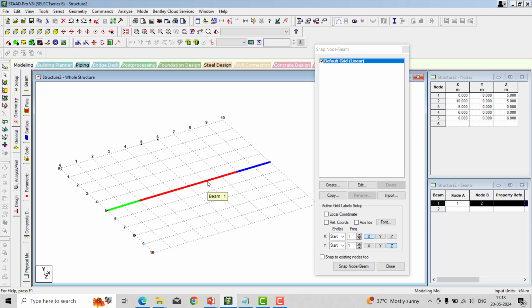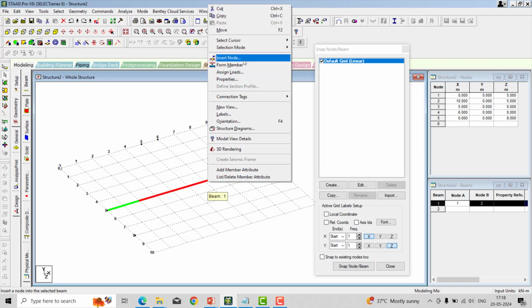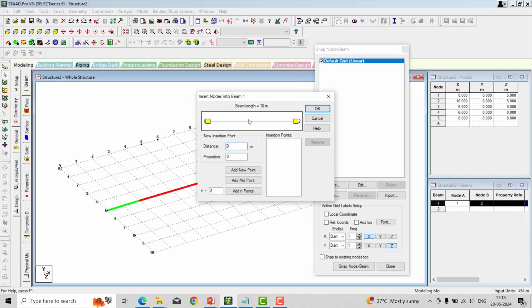So select the beam again and then I right click, insert node. For the 10 meter beam, I want to insert 12 nodes. So that is nothing but number of nodes. In the n number, you just give the number of nodes, how many you want to add. After that, you click on the add number points. So the total distance 10 meter is divided into 12 parts.